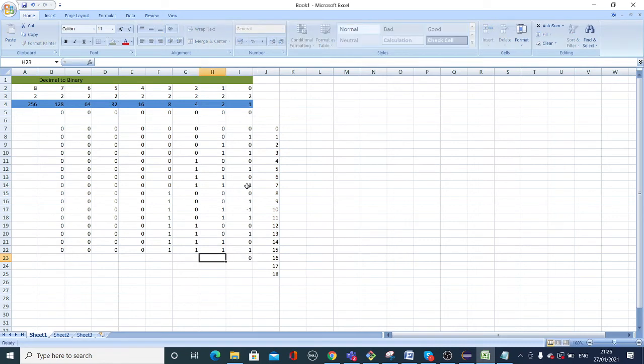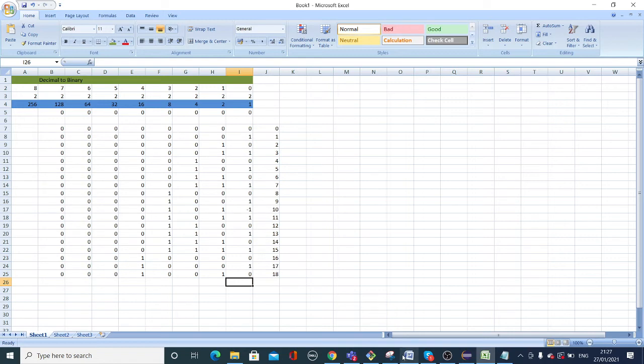Only 16, it is there already. 17. 16 and 1. 18. 16 and 2: 1, 0, 0, 1, 0. So this is how you convert decimal to binary.